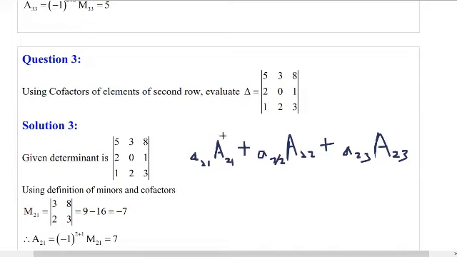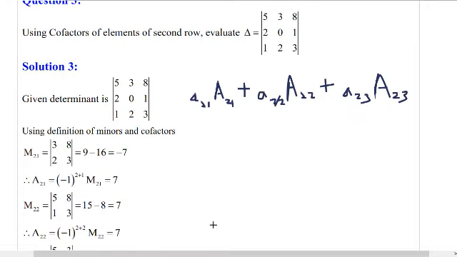Okay, now we'll find the cofactors. A21, right? A21 means this element I have to hide. So you are left with the elements 3, 4. And on calculating the minor, we'll get 9 minus 16, that is minus 7. And to find the cofactor, we'll just add up these numbers. 2 plus 1 is 3, which is odd. Therefore, the cofactor will be equal to 7. We have to change the sign. Already I have told you, if this sum is odd, then we have to change the sign to get the cofactor, right?